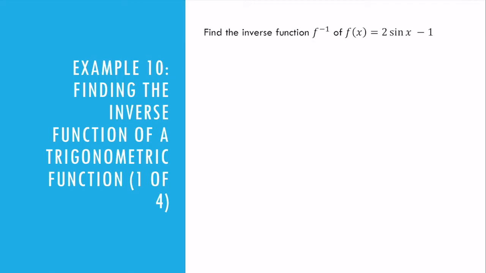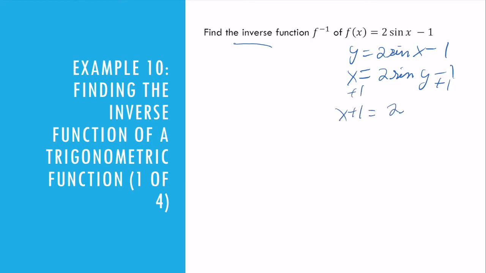The next thing I want to do is find the inverse function of f of x equals 2 sine of x minus 1. And we're going to find the inverse function the exact same way we did for non-trigonometric functions, right? What we do is we switch x and y, and we solve for y. So if I have y equals 2 sine of x minus 1, we'll rewrite that as x equals 2 sine y minus 1. And we start by isolating our y, so we're going to add 1 to both sides. That gives me 2 sine of y. I'm going to divide both sides by 2. So I get x plus 1 over 2